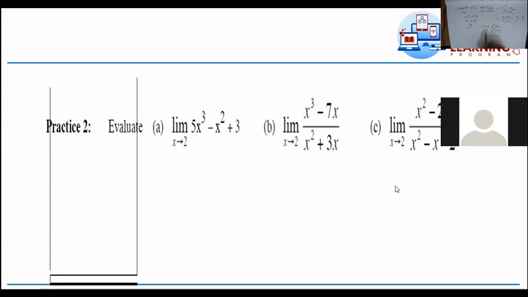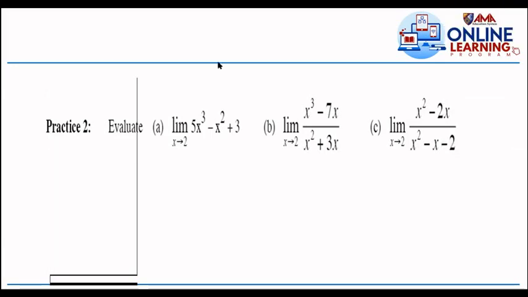Since x approaches 2, the common factor is x minus 2 in both. On top, the common factor is x minus 2, and the second factor is x: x times x is x squared, x times negative 2 is negative 2x. On the bottom, the other factor is x plus 1. So therefore, we cancel x minus 2. What's left is x all over x plus 1 as x approaches 2. That is 2 all over 2 plus 1, the answer is 2/3. Okay? Next,